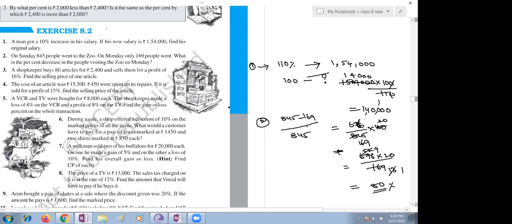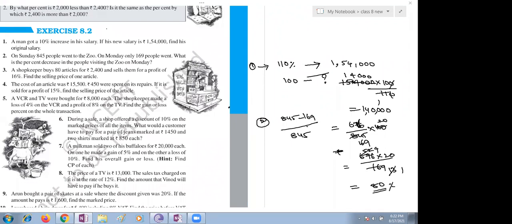Or we can do it directly like 116 by 100 into 2400. Yes, you can. I got the answer. Or is there any other method to solve this? Can we find one article directly? Can we go directly with the price of one article? Yes, ma'am, we can use the unitary method. It is very simple.